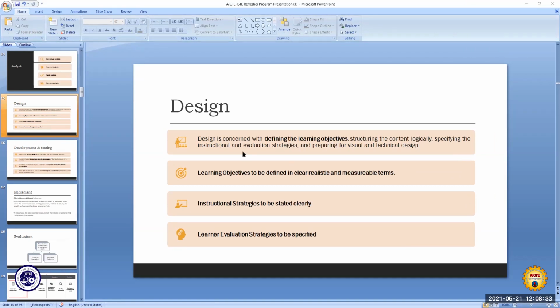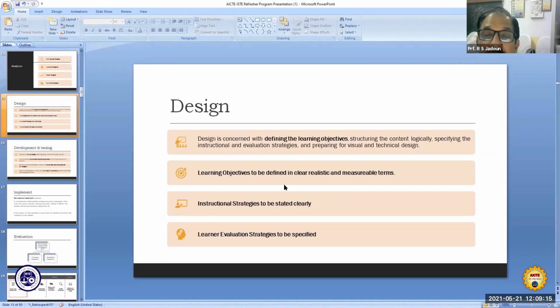Okay. So the next part is the design part, and the design part will take into consideration that we have to define the learning objectives. Why are we considering this content? What are the learning objectives? So we have to define the learning objectives and outcomes. AICTE has already made this system for every engineering college that they should include this ADDIE model for content development.